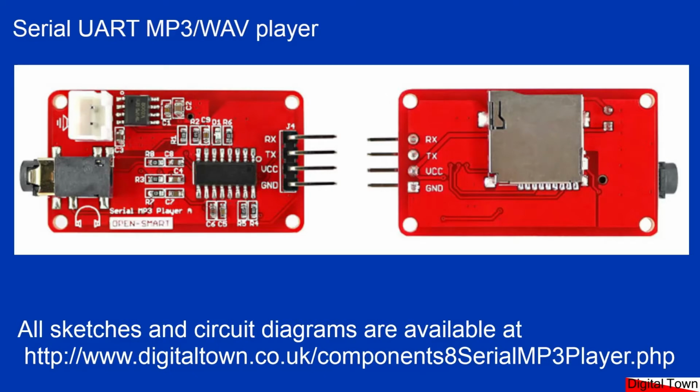Little tip about using these just before we start: the files go onto an SD card that fits into the back of the board. That's the only way you can get your files in there. I would advise you to use a program something like Audacity, which is a free download. There's a link on the Digital Town website at the bottom of the page, and it'll be below the video, but it's a free download and it enables you to reduce your file in size,